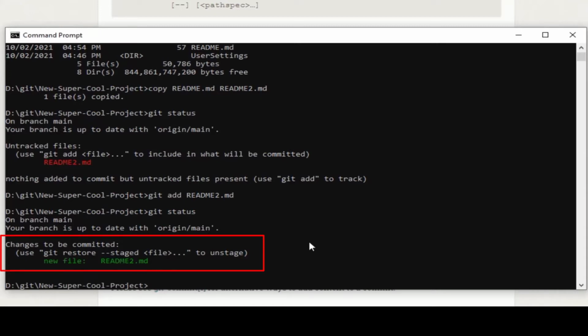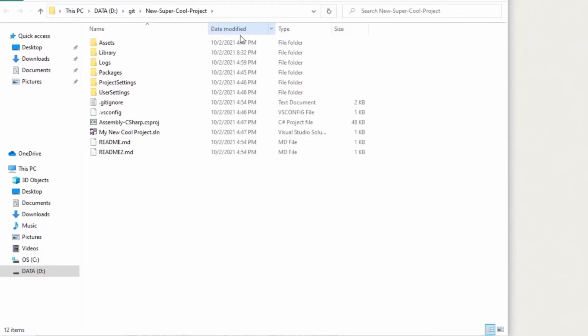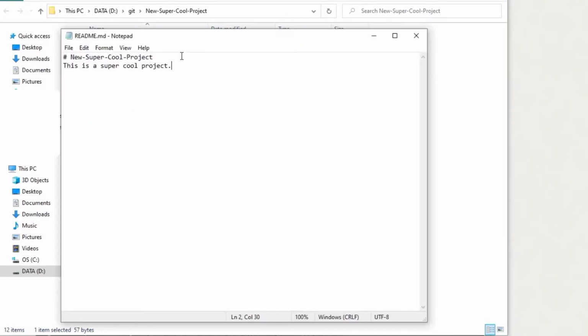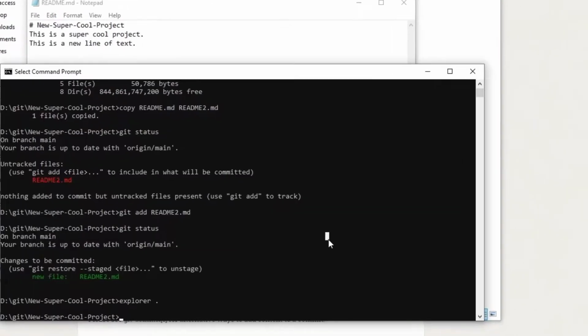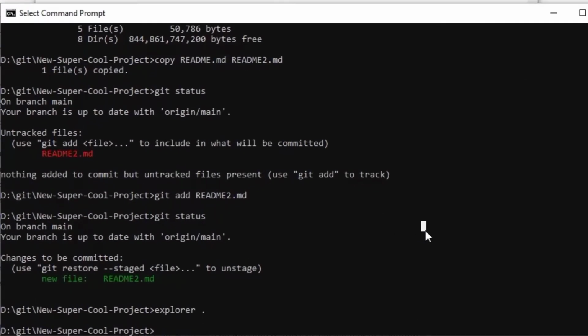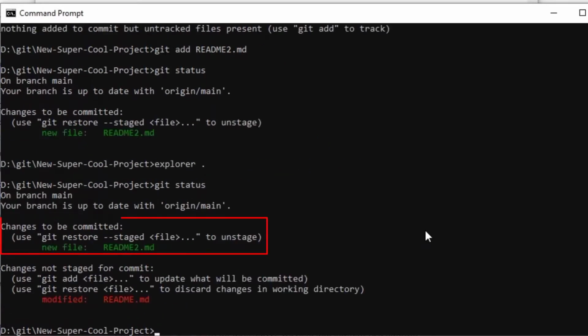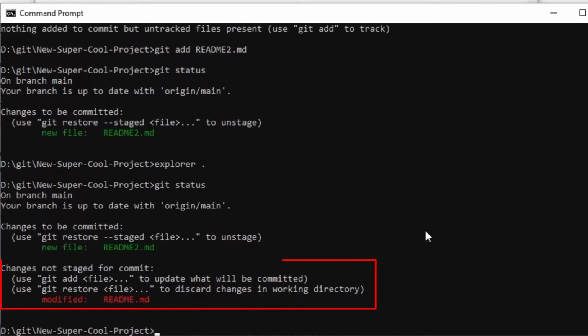Okay, but what about if I've just edited a file instead of just added it? Let's see what that looks like in Git Status. I'm going to go to the Windows Explorer by typing in explorer dot. And then I'm going to take a look at my README and edit that. I'm going to open it with Notepad. Okay, now I'm just going to add a line of text and save it. And then going back to my command prompt, I'm going to type in a Git Status. So now it's saying you've got changes to be committed, README 2, but then over there in red, changes not